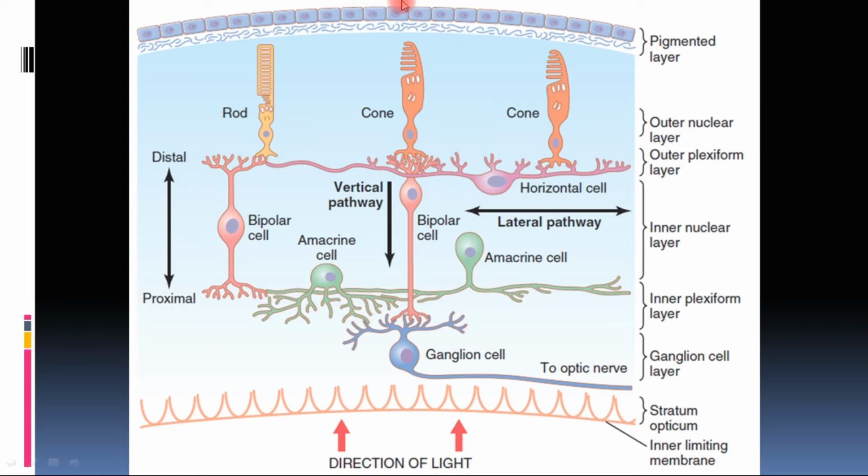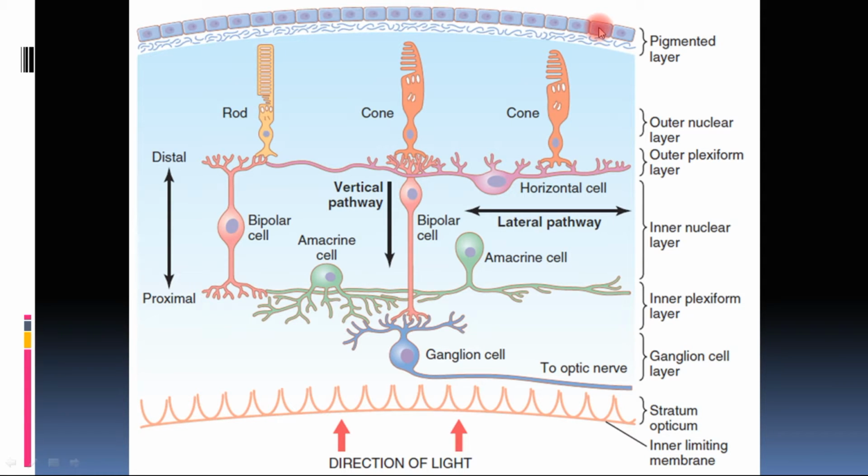When we consider the pigmented layer, this was the outermost layer as we discussed before, and it is made up of melanin pigment. The importance of this pigmented layer is that it absorbs the light so that it does not allow its reflection. If the light is reflected inside the eye itself, the visual acuity will be disturbed so much, and that is the importance of the pigmented layer. It contains melanin and absorbs most of the light, and does not allow the light to reflect inside the eye.